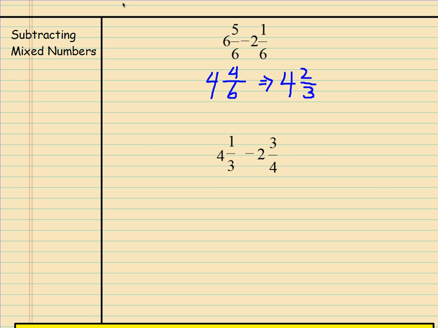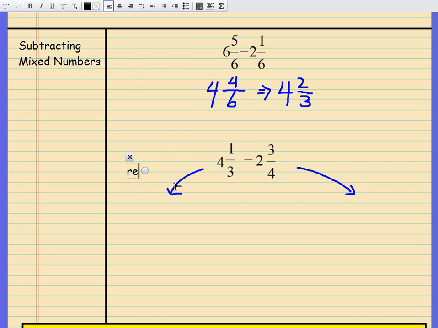So there's a problem there, and there's 2 ways of doing this problem. I will show you both ways. You can choose whichever one you want to use. The first way is to rename. Now this is essentially borrowing